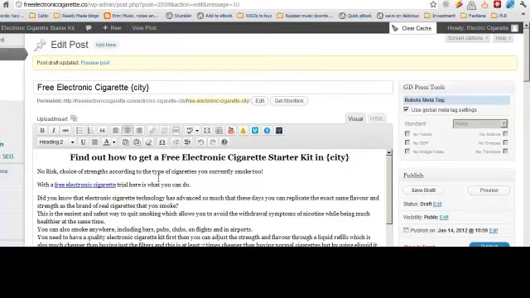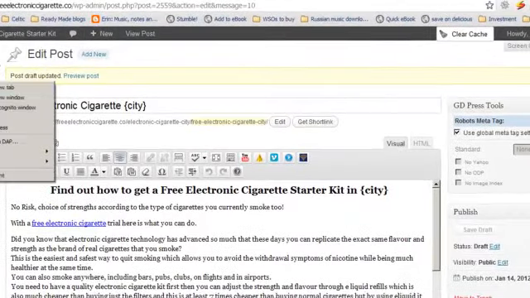Okay, so now that's been updated, what we can do is go and take a look what they look like. So basically just go to alt post,